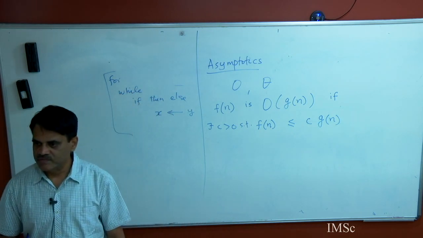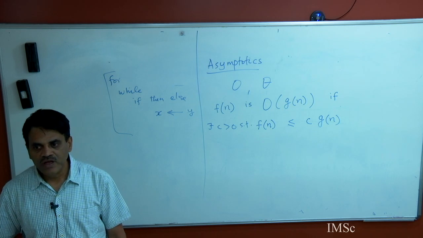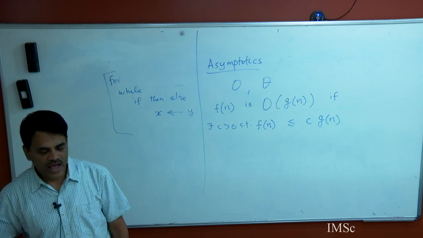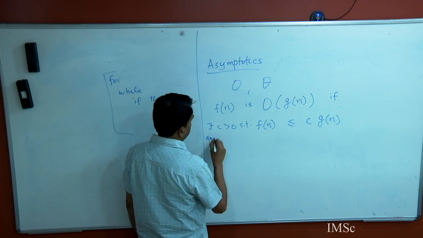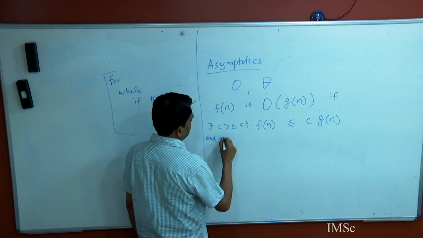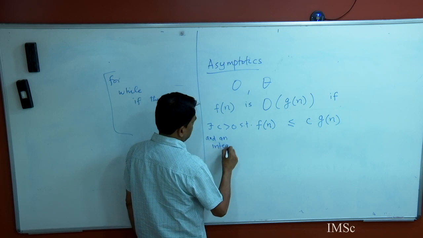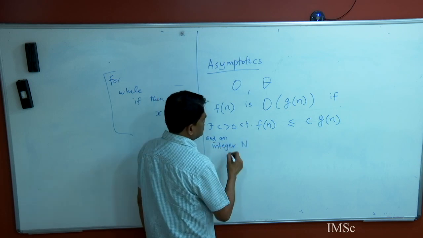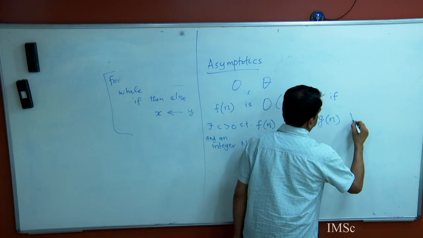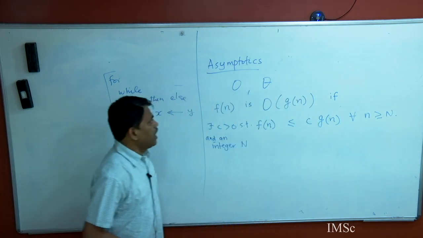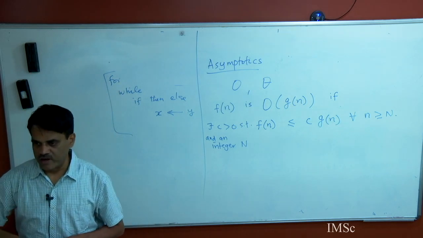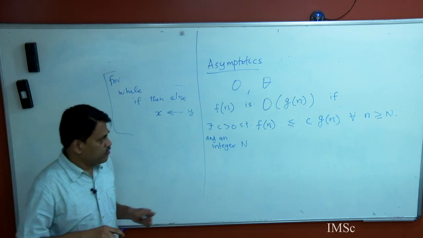People who have seen this. Sorry? Yes, exactly. If there exists c greater than 0 and an integer capital N such that for all n greater than or equal to capital N, which means that I care only about large values of n,